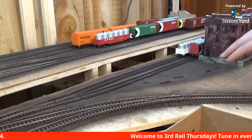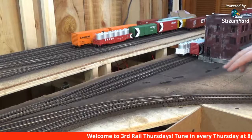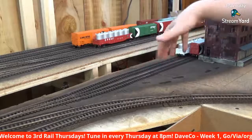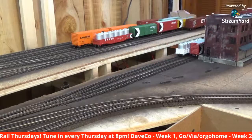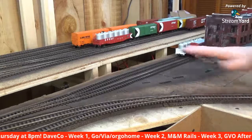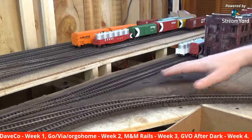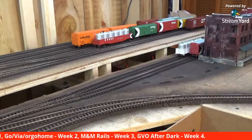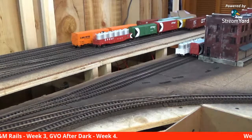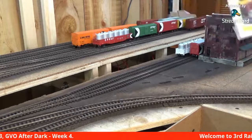And I actually like the idea of having two industries, and maybe a second car or a set of two cars can sit here. I've got lots of room, so more switching. I hadn't really planned on what I was going to put in this area, so that's the plan. If I don't get to it this live, I might wait and try to build it next live. It looks a little daunting, but